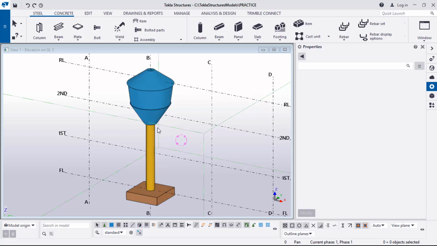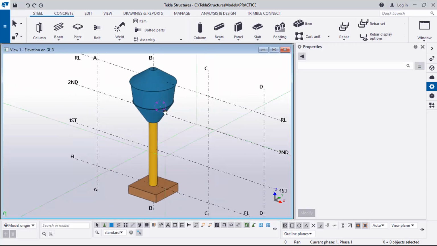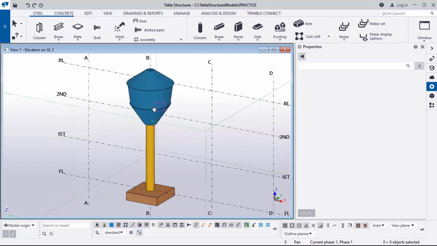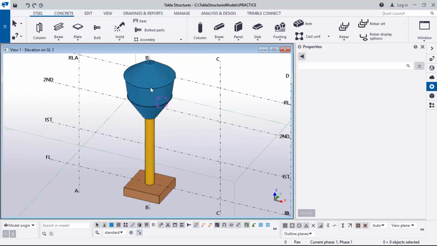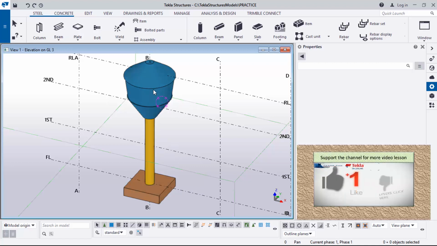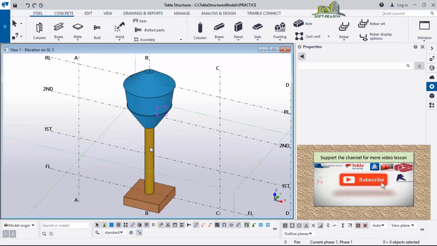In this lesson, we will be looking at a reinforced concrete water stand, just like this, using takeoff structure. So this is the water stand, and this one is the reinforced column that carries the tank, and also the reinforced slab. Mind you, this is a reinforced concrete water stand. So this is what we'll be looking at. Let's go into it.